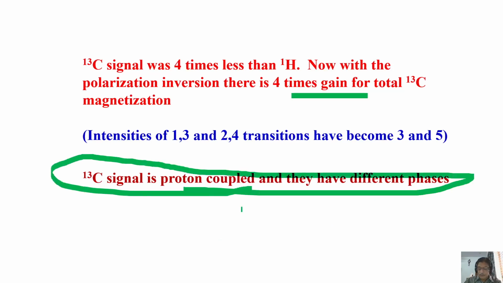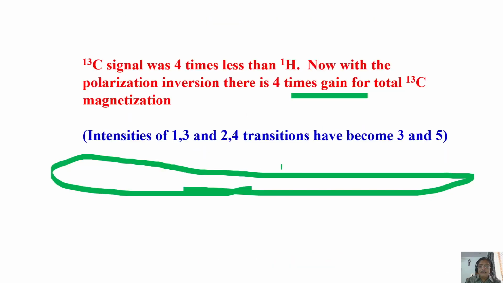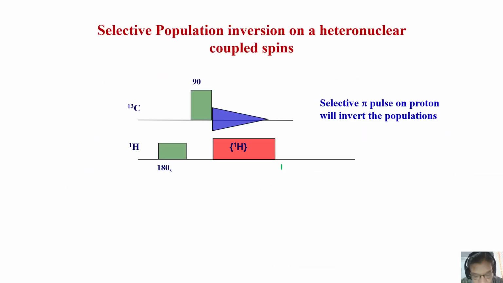Here, as a consequence, the doublet component we saw has opposite phase. But that's not what we want. Remember, in the previous example, when we did the APT and other things, we were understanding what happens if I take this spin sequence like this. We understood the vector diagram. When you have antiphase components of the multiplet and immediately after that you start decoupling, the vector addition of the opposite signals is such that the gain is nullified. That's what we observed. You don't get the gain.